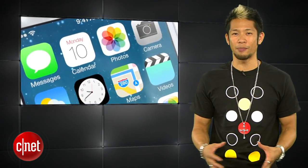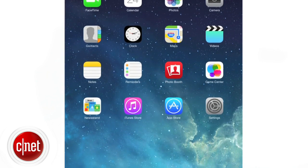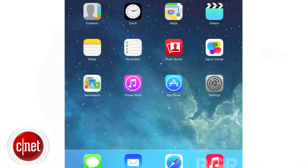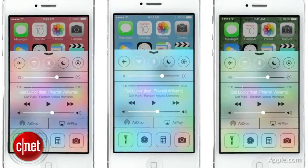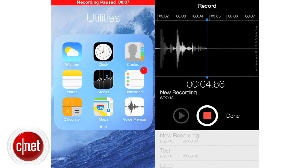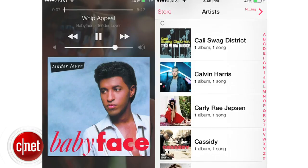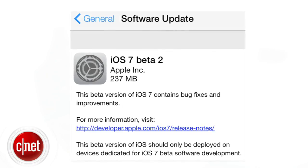Apple released the second beta for iOS 7 to developers this week and also included the iPad version as well. It looks like you'd expect a bigger version of iOS with no device-specific features at the moment. Some of the new features that have been added in the latest beta are a revamped Reminders app, new Siri voices, and everyone who was asking about voice memos, they're back as well. There's also a lot of performance improvements, some subtle interface changes and bug fixes that are part of the update,